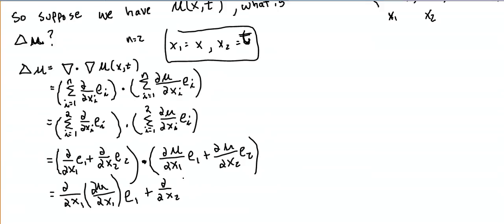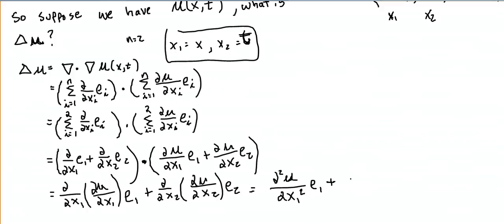dx2 in the e2 direction, which is the partial derivative with respect to x2. Take the derivative again with respect to x1. I get the second partial of u with respect to x1 squared, e1, plus the second partial of u with respect to x2 squared, e2, which is really equal to,